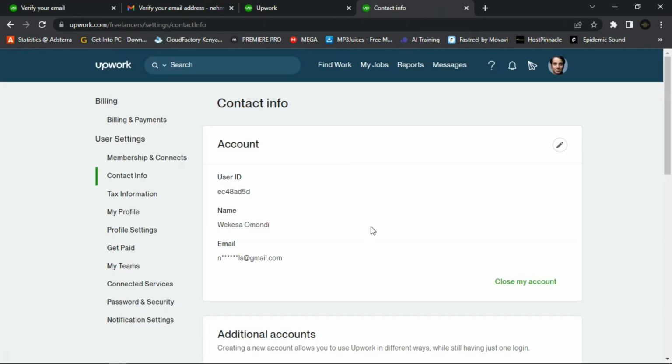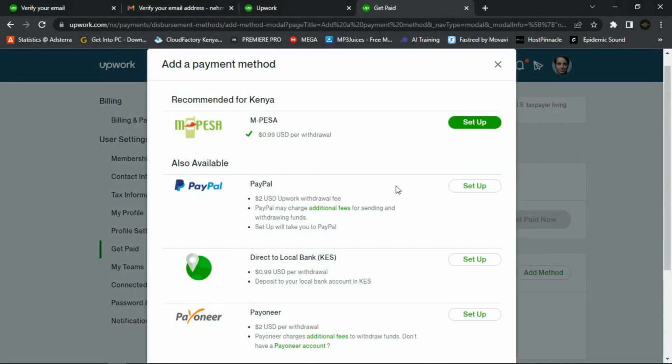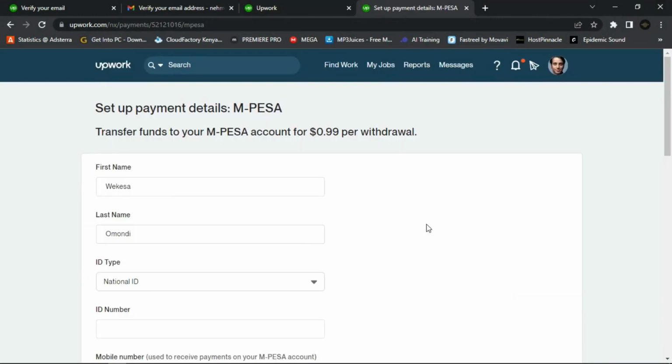And so guys, once you succeed, now to link your payment, click on get paid here. Then I click add payment method here. Click on add method. Then for those who are here in Kenya, choose M-Pesa. You can set up your payment details here. You can fill in your first name, last name.